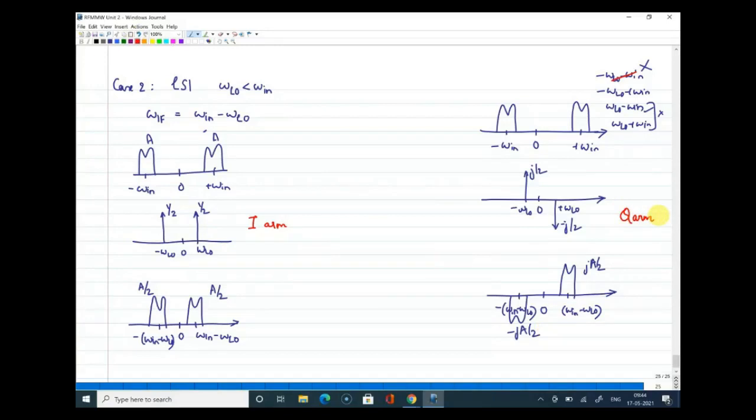Can I get some response? So how is omega LO minus omega in a high frequency component? Which one? Yeah, this one and this one. Okay, sir. Did I say it the other way? No, sir, marking, I got confused. All right, you were right. Okay, yeah. So whichever I marked using red, we did not consider, and you have the other two components.